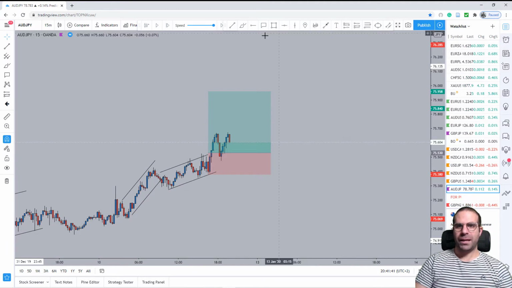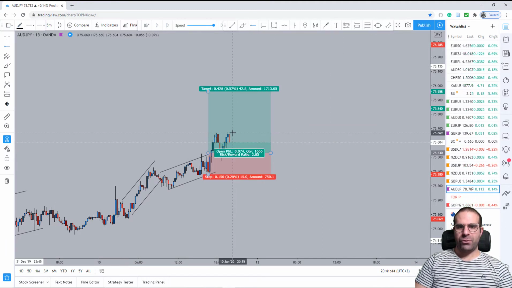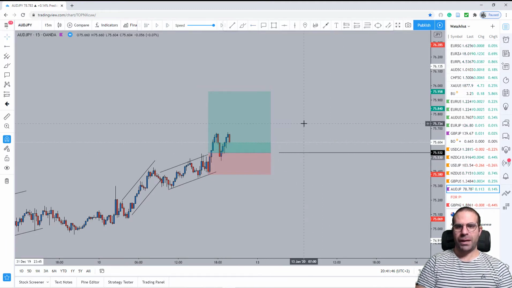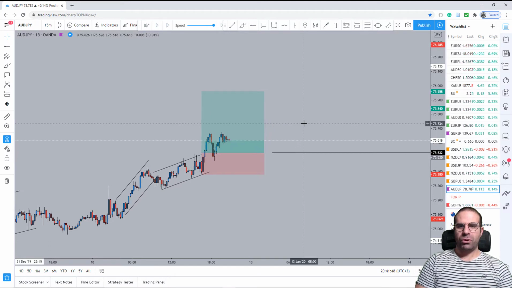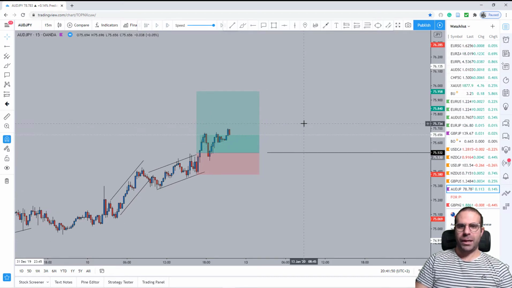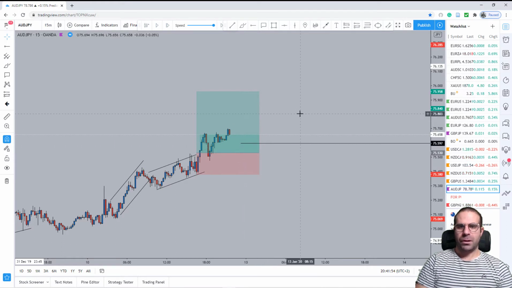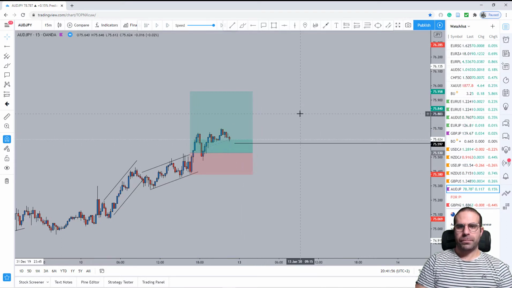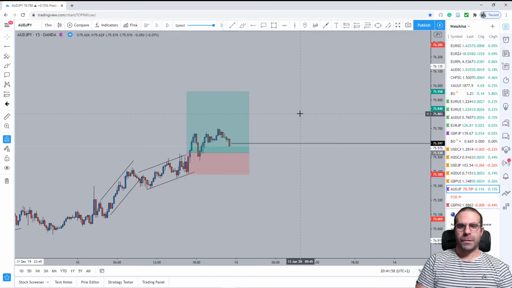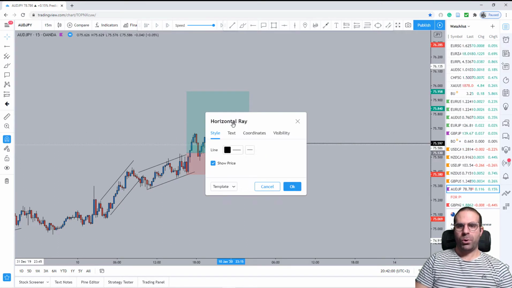Okay, stop loss at break even. We broke this previous area for a little bit, for a tiny bit, so break even. And hopefully we don't get stopped out again. Okay, now I will be locking a little bit more profit. And we're out for a small profit.